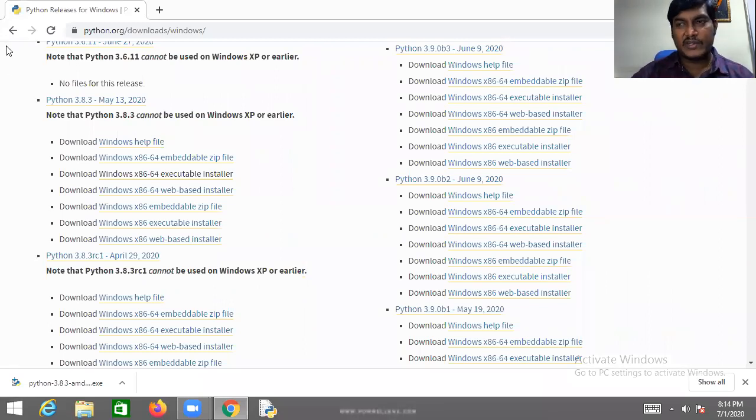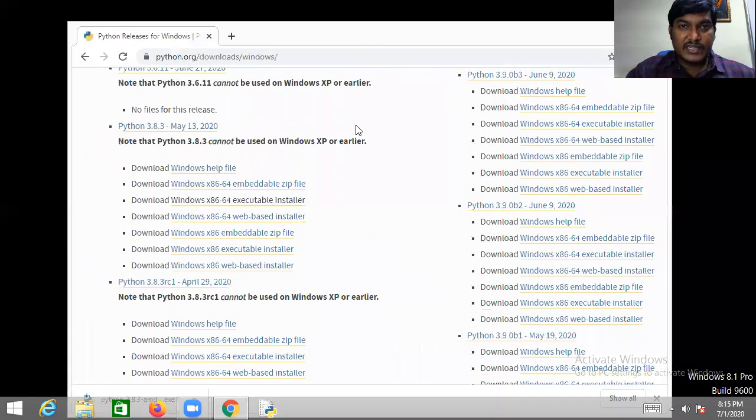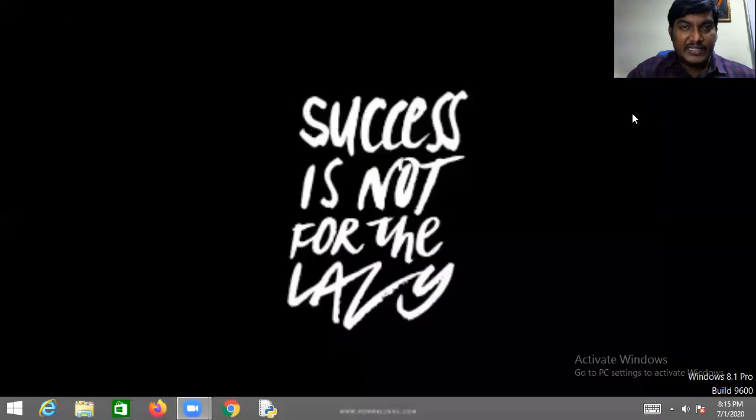Okay, that depends upon your system's capabilities. That will be the system configuration I'm speaking about. After that, you are already aware that the setup file has just been downloaded. We downloaded the setup file, but Python is still not installed yet. So after that, we request you to open your Downloads folder.